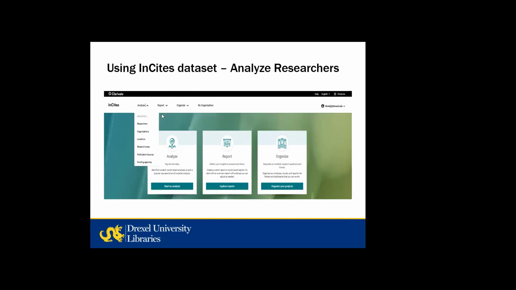From the customized dataset, we are now moving to the InCites dataset. And that is a big database. It's not customized based upon what we did, but the entire dataset available in InCites. So when you go to Analyze, you can explore by researchers, organizations, research areas, publication sources, and funding agencies. And this is very important: by exploring and analyzing funding agencies, which agencies are funding what, and top citations